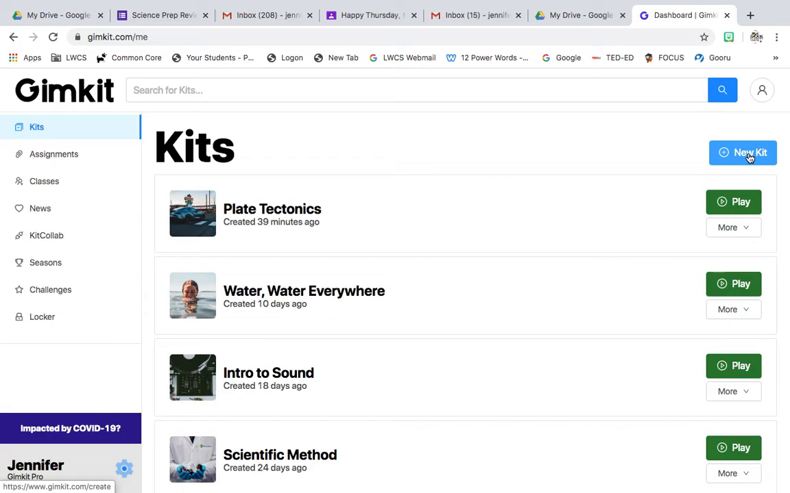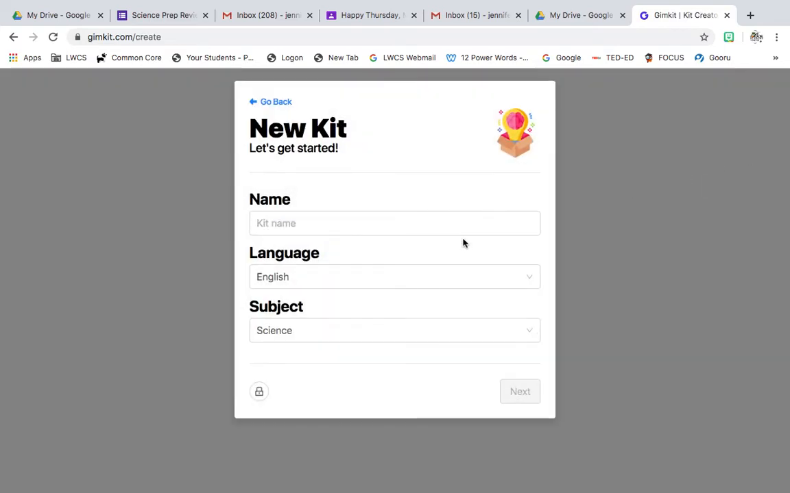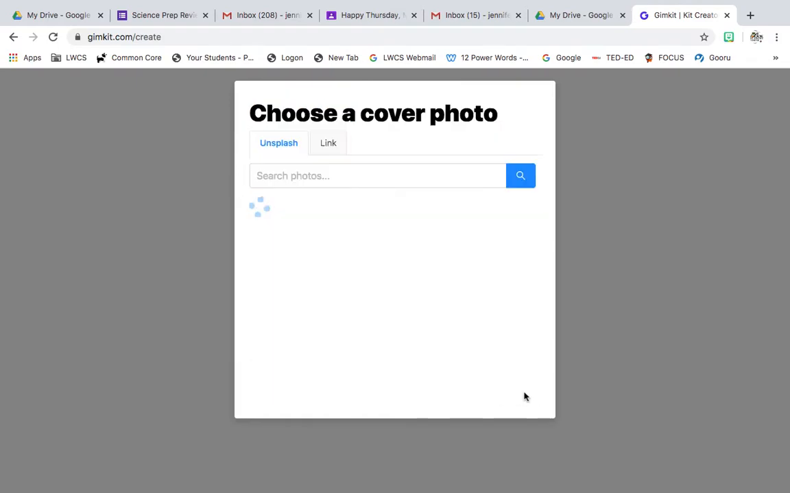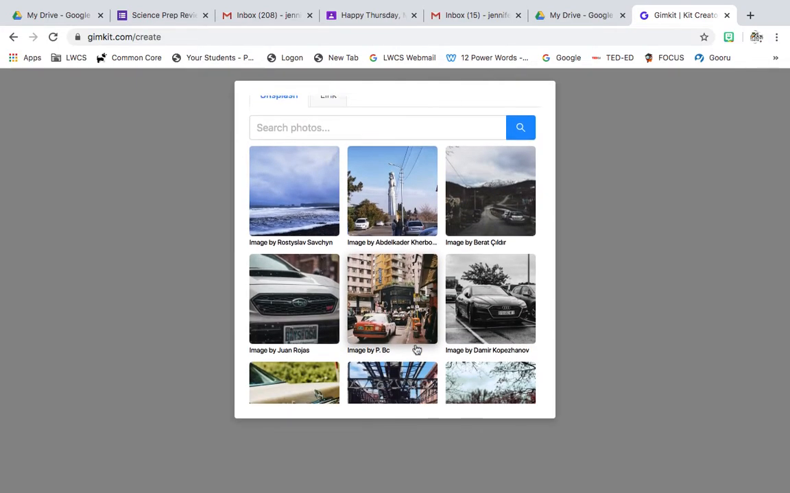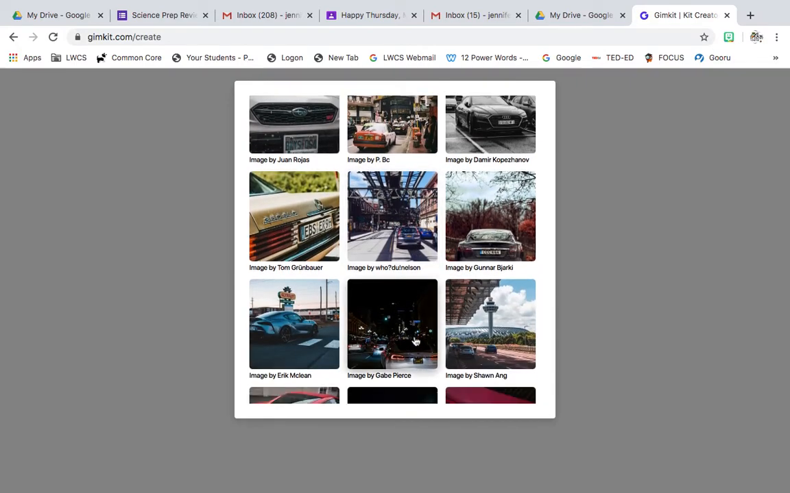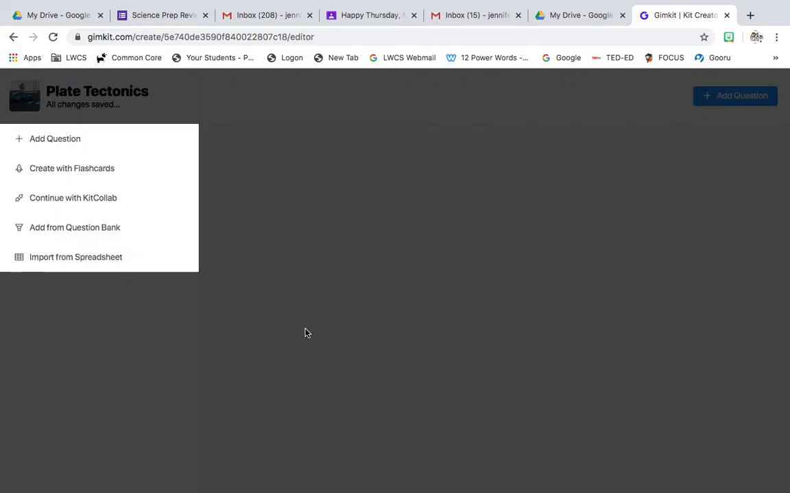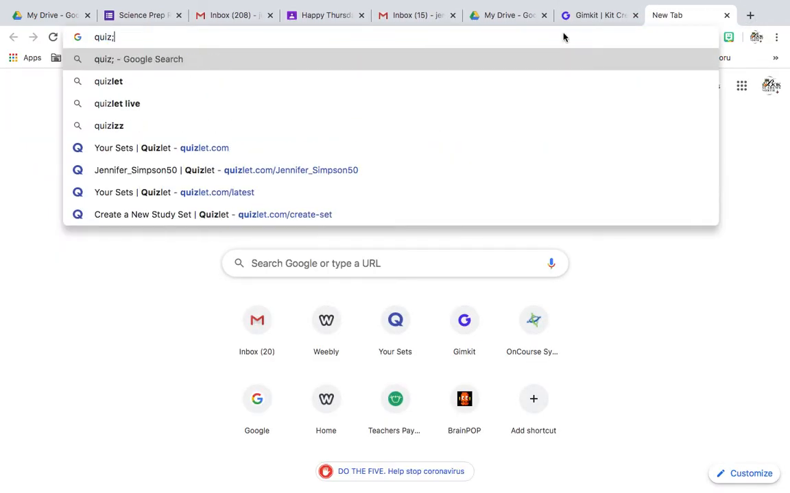So you'll want to click New Kit and give your kit a name. I had already created one of these in a video, but it didn't save, so I'm going to go ahead and do the same one that I did for the other video. We're going to call this Plate Tectonics, and then we'll click Next. The image we'll use is right here, with the good little crack in it. And what I want to do is pull up my Quizlet